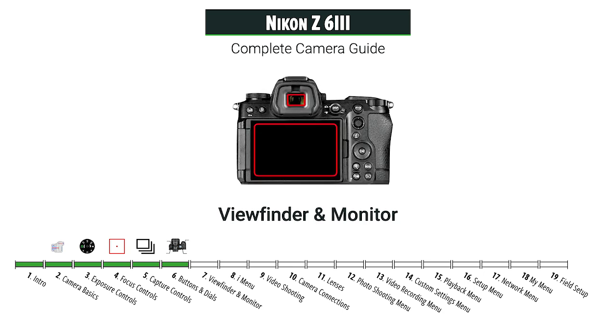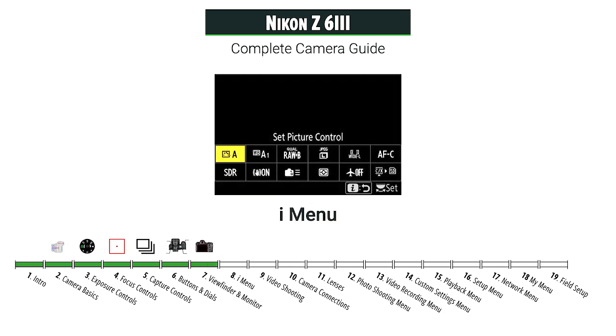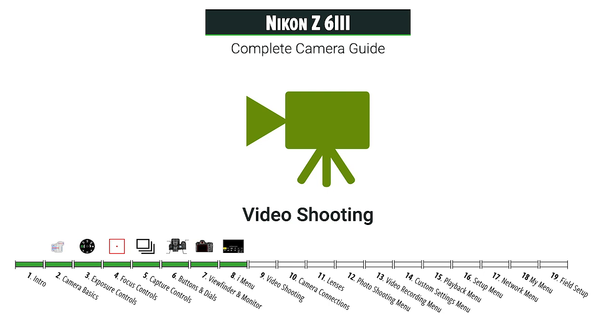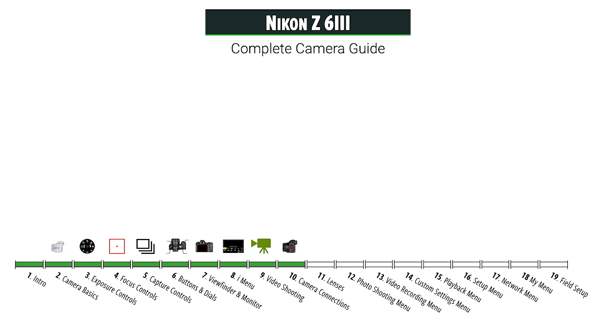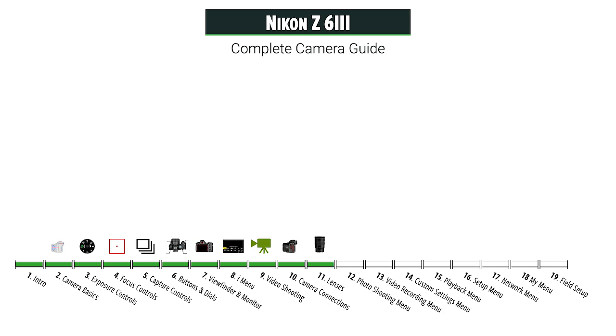We'll look at all the customization that you can do of the viewfinder and monitor. There is a shortcut menu called the I menu. We'll show you what's in there and how to customize it. There is a whole section on video shooting. There's a lot of controls that are very different when you do that. We'll look at all the devices that you can hook up to the camera and some of the parameters with those. We'll take a quick look at some of the available lenses,